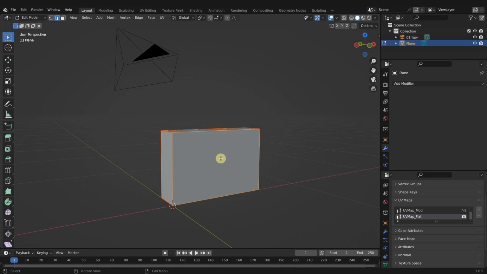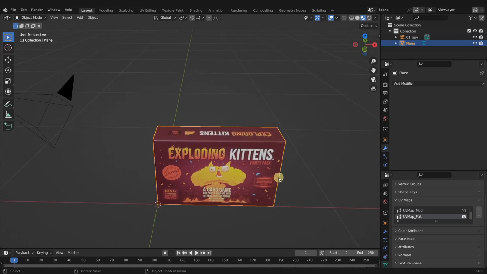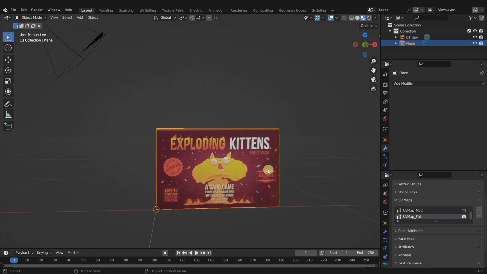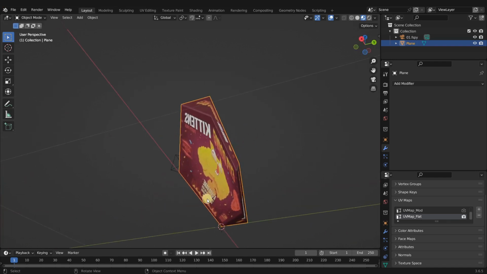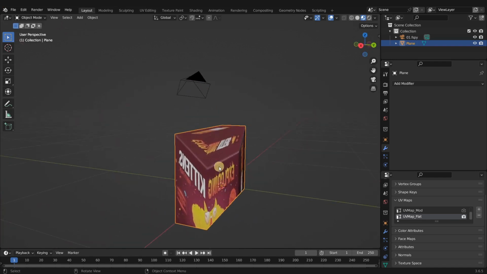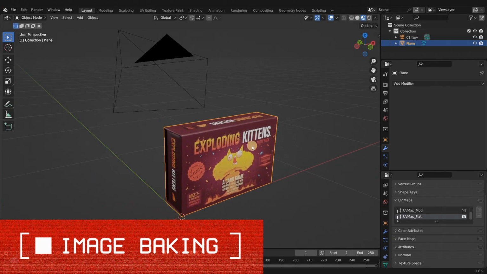So it's really low poly, really efficient. And those two things together are a really powerful way to create low poly assets that look really good. Now, of course, we need to fix the back and the bottom and side over here, but we'll do that last. Before we do that, I'm going to show you an even easier way to do what we just did,